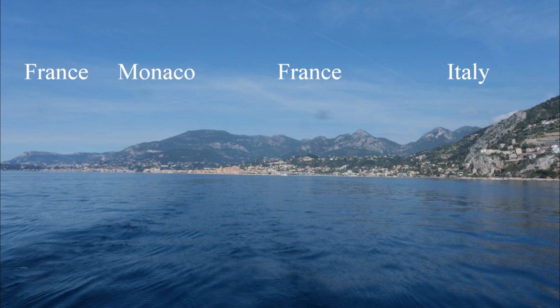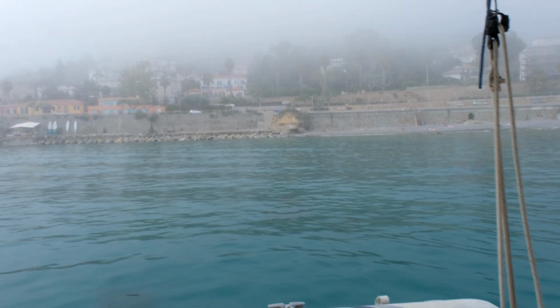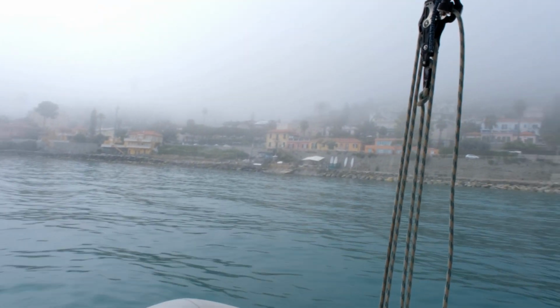As we left Monaco and then through the last little bit of France and into Italy, our first stop was going to be Sanremo. And when we got there, it was beautiful. The sun was out, the sky was blue, and there was not a cloud in the sky until suddenly this. So here we are in our first stop for the day, in sunny Italy. And look,